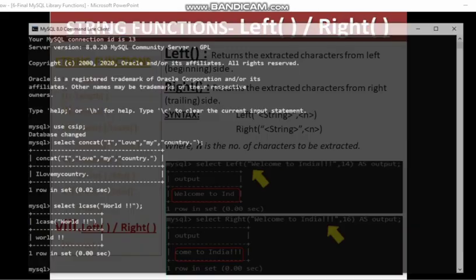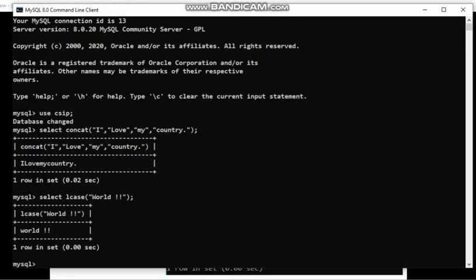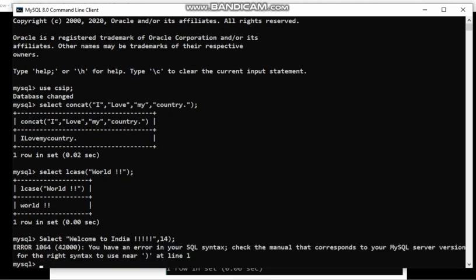Let us see an example and let us run it from here itself. Select welcome to India. Okay, and let us give 14. Oh, sorry, I have not mentioned the name of the function, left.